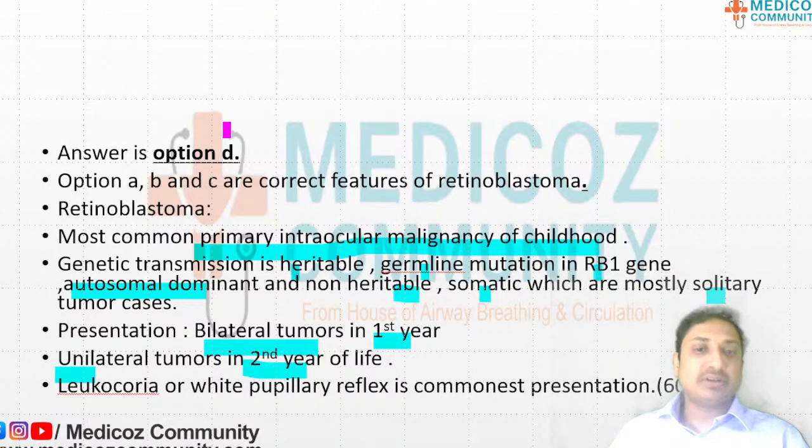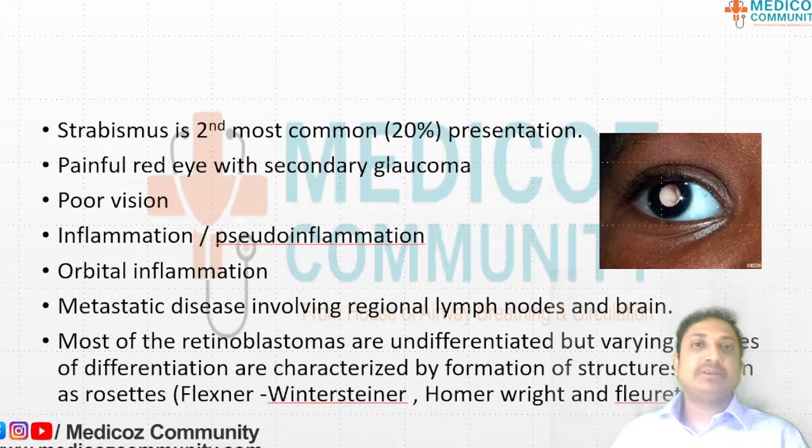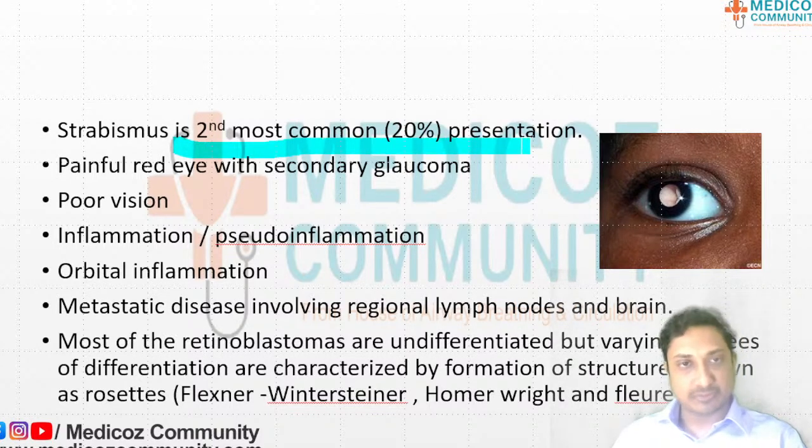The most important presenting feature that clinches the diagnosis is leukocoria or white pupillary reflex. It should never be missed. Strabismus, that is squint in the eye, is the second most common presenting feature of retinoblastoma. If the patient presents late, then he will present as a painful red eye with secondary glaucoma with poor vision. There can be inflammation or pseudo-inflammation. There can be orbital inflammation seen. If a patient is seen in a late case, you will also see metastatic disease involving the regional lymph nodes